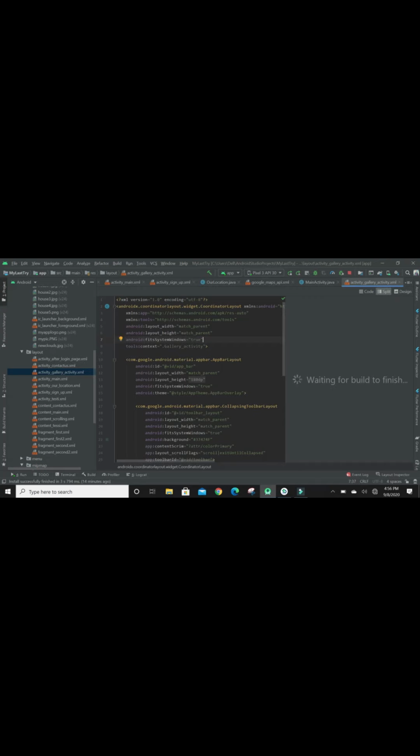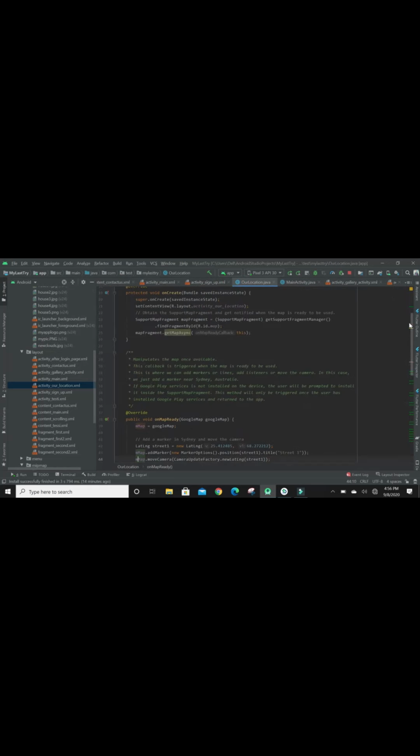So let us see the XML file of gallery. This is the gallery. It is a scrolling activity. You can scroll down and see more pictures and properties. Similarly, we have made our locations where our properties are situated. We have used a map using Google API.